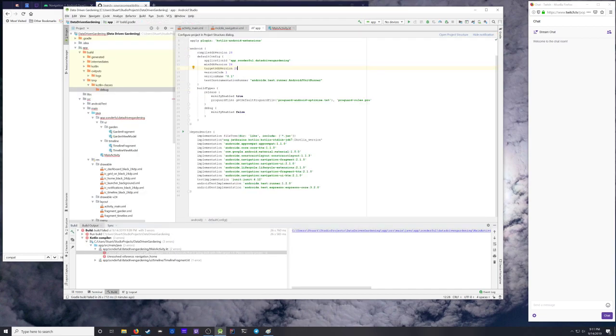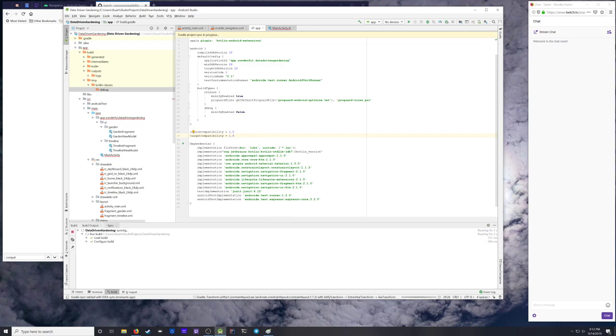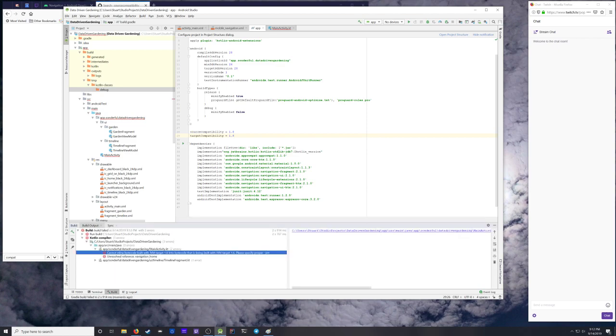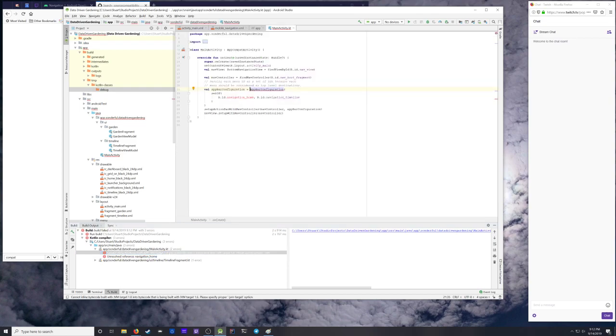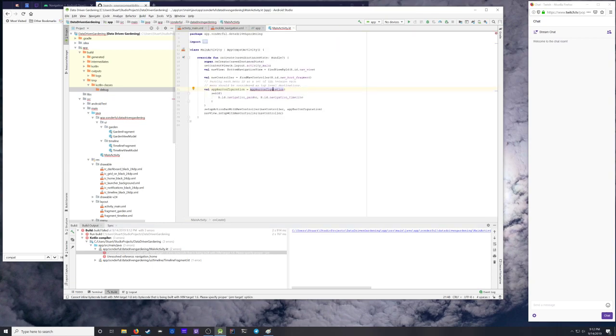So, can I just do the top level? Is it target compatibility? Yes, it was. Let's see if that solves my problem. Probably not. Probably. Wait, I was building, not just syncing. Let's see. Okay, well that's one problem, but I don't understand why that has got anything at all to do with...